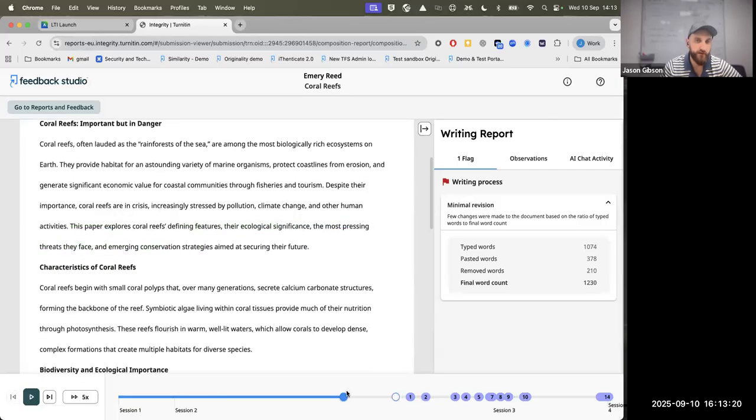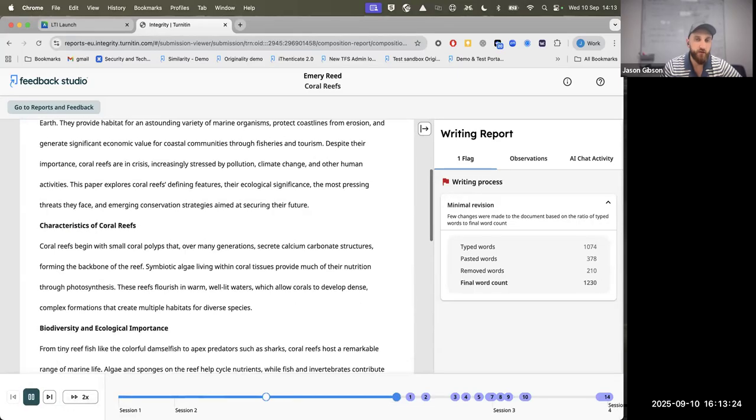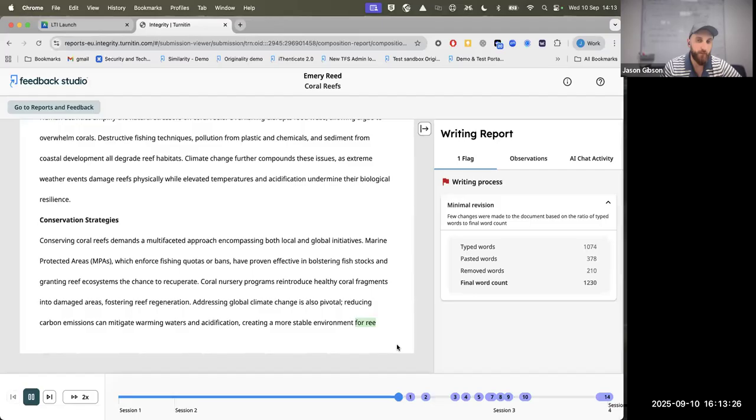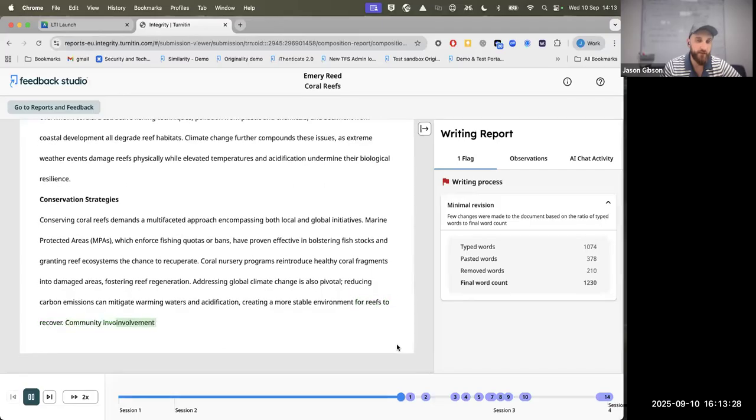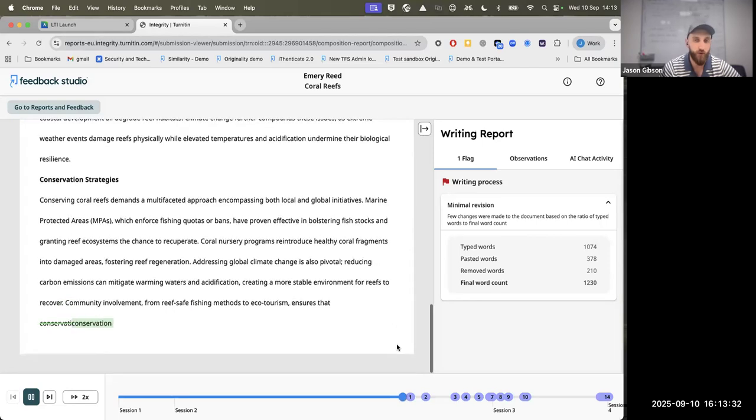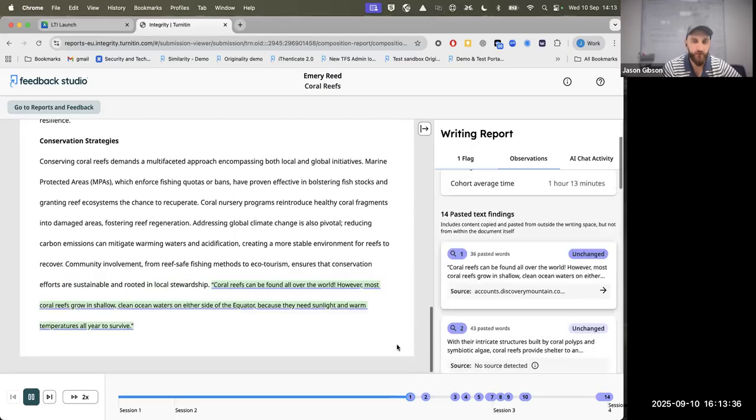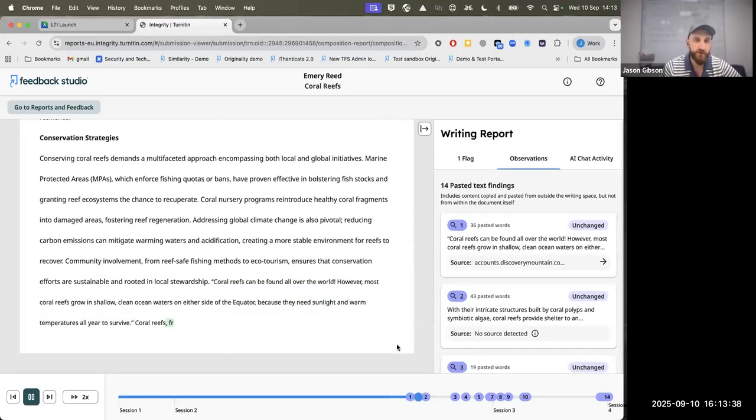So if we go over to here, and then I'll slow it down a little bit to 2 times speed, we'll start to see that they're going to start pasting text into this assignment. So we're capturing all of this information, but nothing more. So we're not capturing browser activity and all of those kind of things. So here we go. Now we're starting to see there's going to be some big chunks of text dropped into